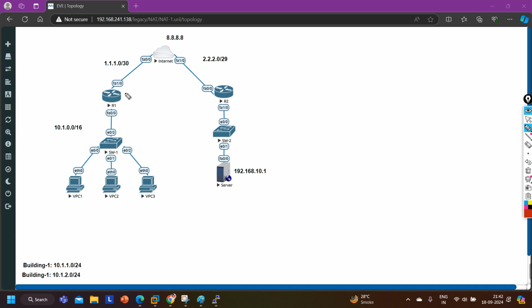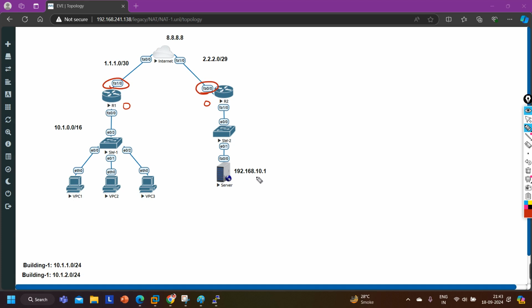So to create the VPN between router 1 and router 2, we are going to create one virtual interface over here, that is the tunnel interface. On both routers we will create one tunnel interface. Now how can these two tunnel interfaces communicate with each other? Try to understand, it is very important. Here I have one public IP address, here I have one public IP address. Both public IP addresses are reachable with each other, correct?